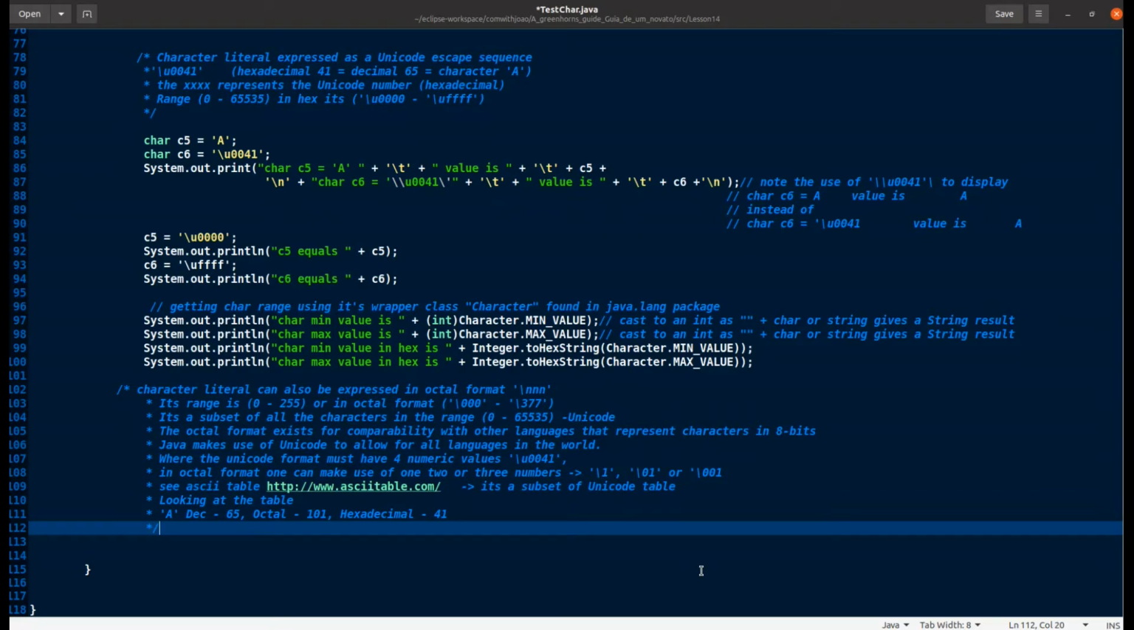Java makes use of the Unicode to allow for all languages in the world, where the Unicode format must be, and note, it must be a 4 numeric value. In other words, in single quotes, backslash starts with a U, and then it must have 4 digits. In that case there is 0041, which represents a capital A. In octal format, one can make use of 1, 2 or 3 numbers, and note the difference between the two